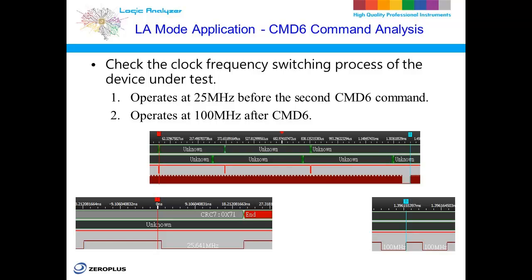After executing CMD6, the device clock shifts from 25 MHz to 100 MHz, more precisely, 104 MHz. This change happens because CMD6 is used to switch the card's operational mode to support faster data transfer. At this higher frequency, the data transfer rate improves, enhancing system performance. Using B2, we can precisely capture the transition from 25 MHz to 100 MHz, typically accompanied by increased signal frequency